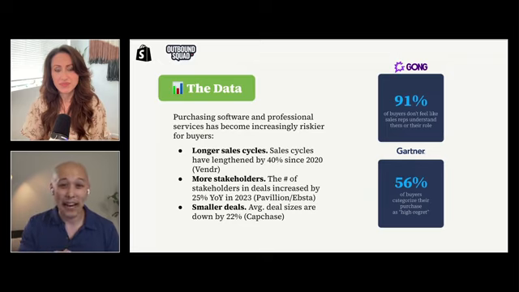There's more buyers involved. So think about how many people, when you're selling a deal right now, you have to get a yes from in order to close the deal. It's probably a lot more than it was even 4 or 5 years ago. And a lot of buyers want to get started smaller. So they want to do a proof of concept. They don't want to sign up for an annual agreement. They want to do something like, hey, can we just work for you a month